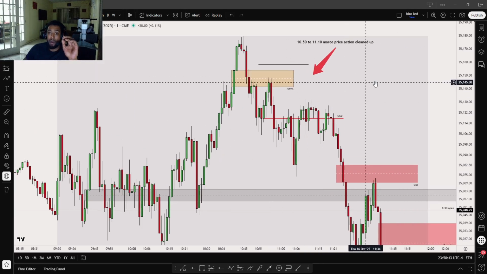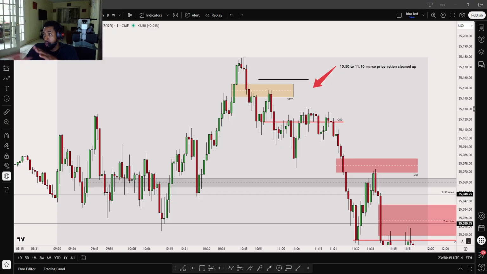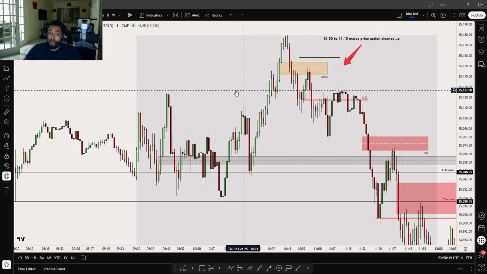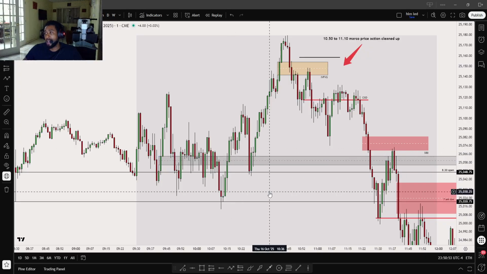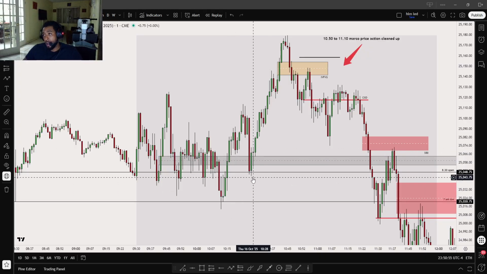Anyway, so now we come up. Macro time. This is when all of the good price action started. So whenever you have a bad morning session, high resistance, you want to wait till after 10:30, so after 10 o'clock, or to the macro, the 10:50 to 11:10 macro, because that macro usually starts a reversal.